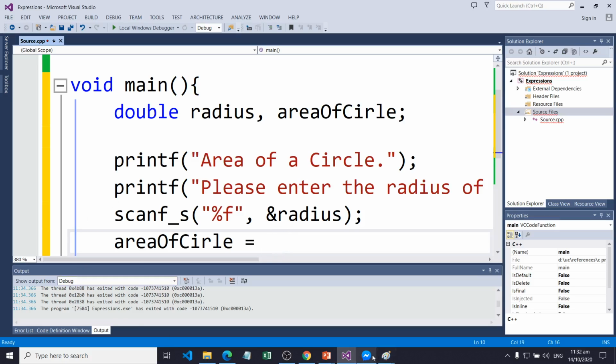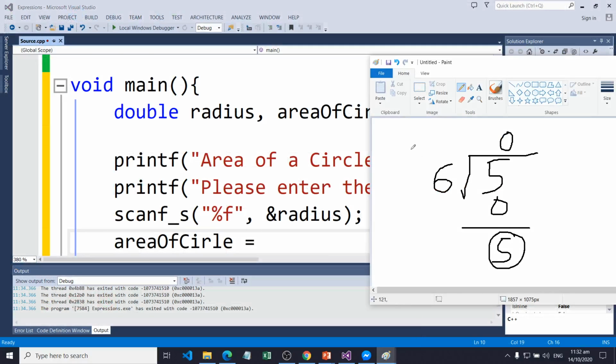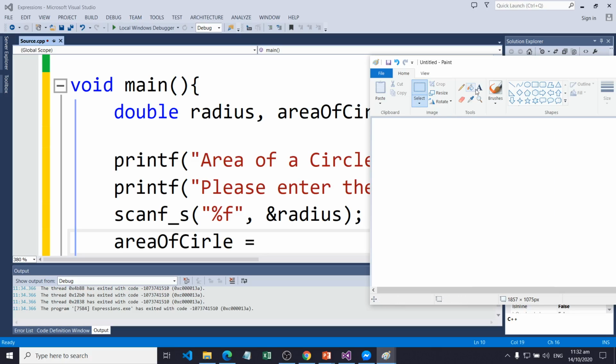So for the pi r squared, we'll be removing this one.